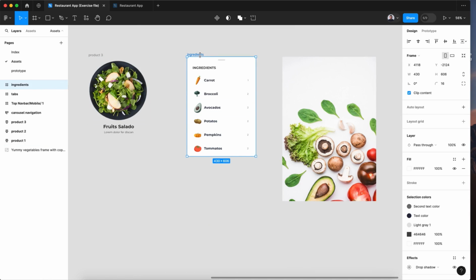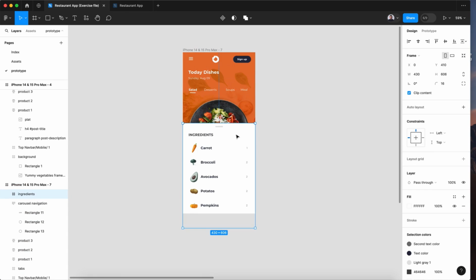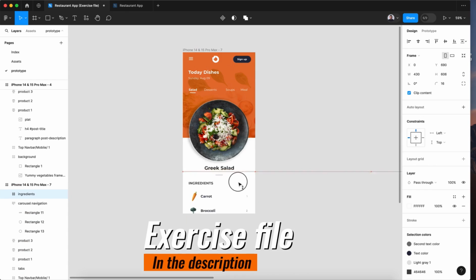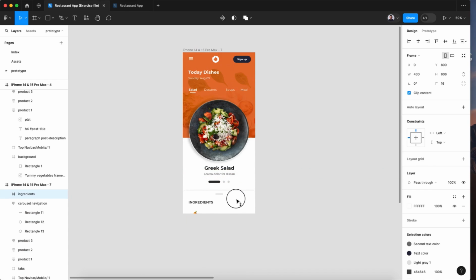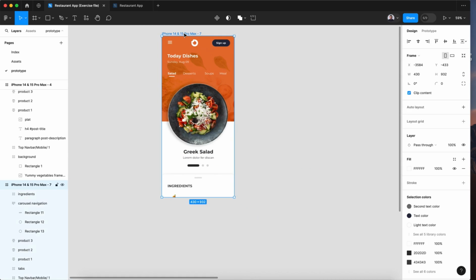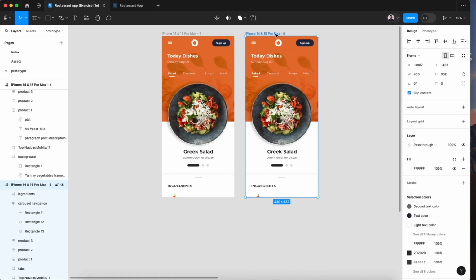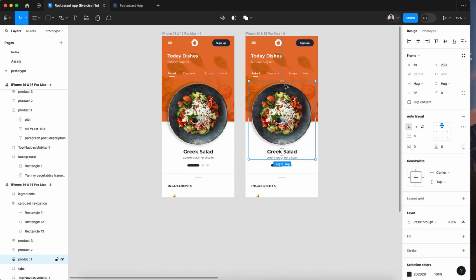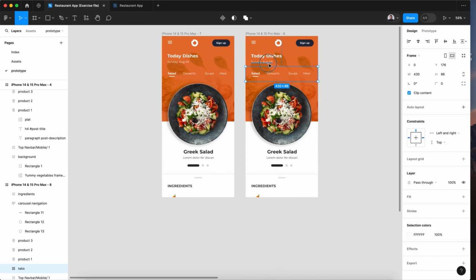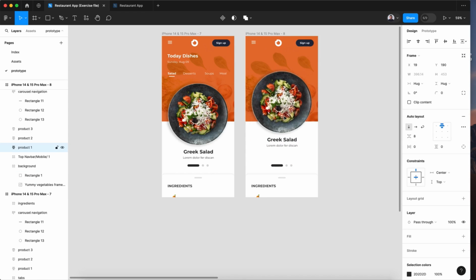I'm gonna copy this list, Command C, and if you want those assets, you can download the exercise file in the description. So let me move it down here. All right, something like that. Now create a new screen. Let's keep it here to the side, and I want to remove all those and move the plate up,